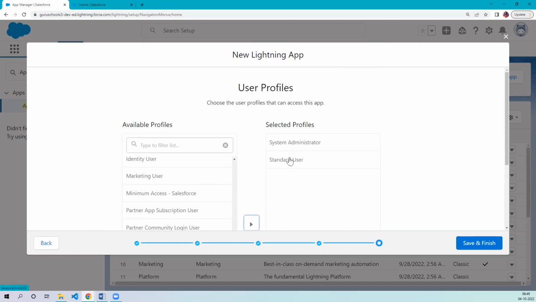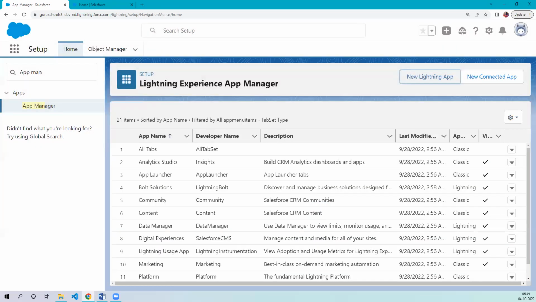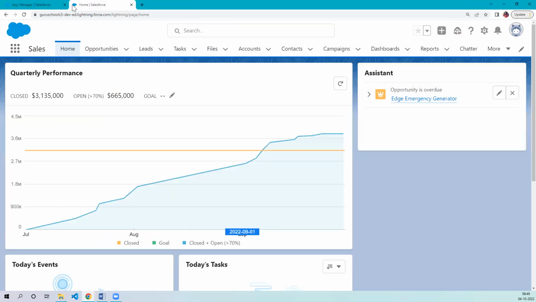Okay, so I have selected these two, and now save and finish. Okay. Okay, now